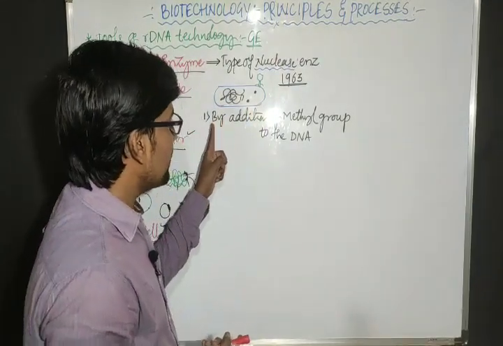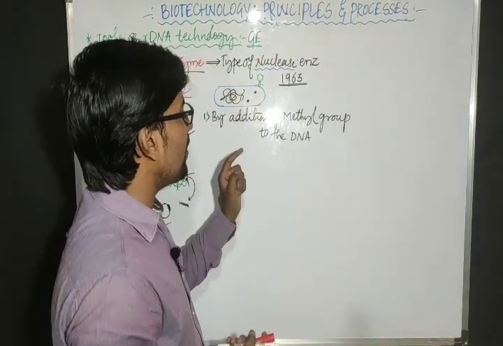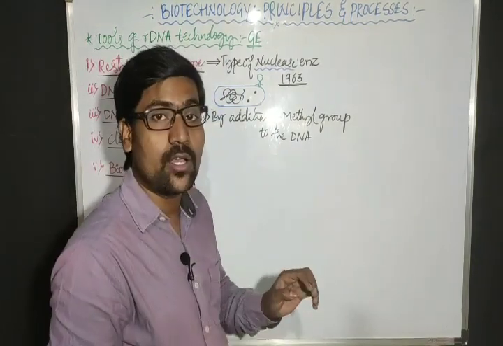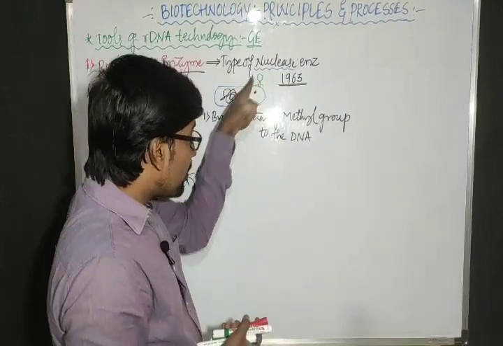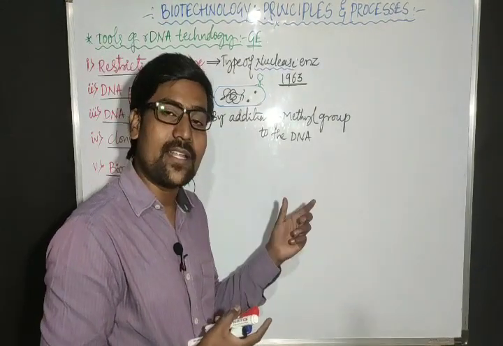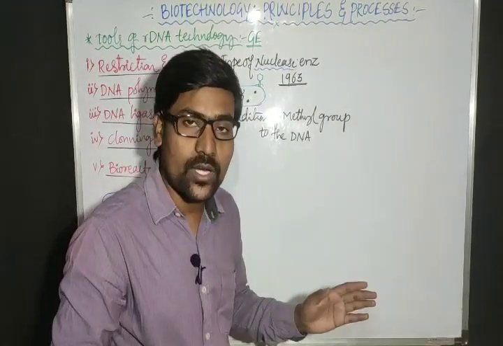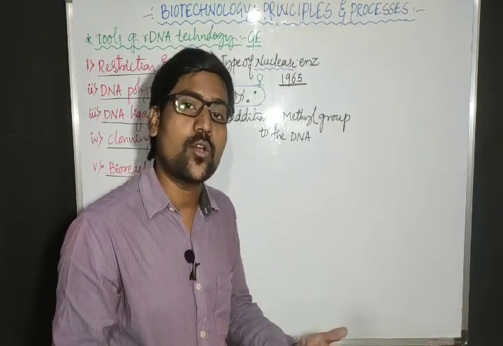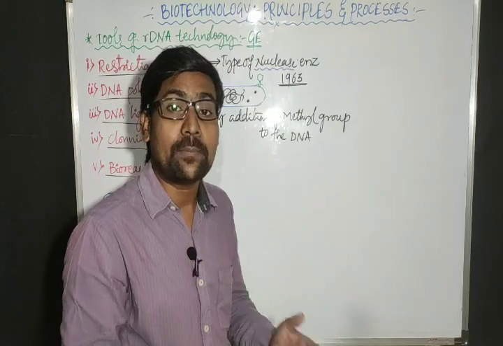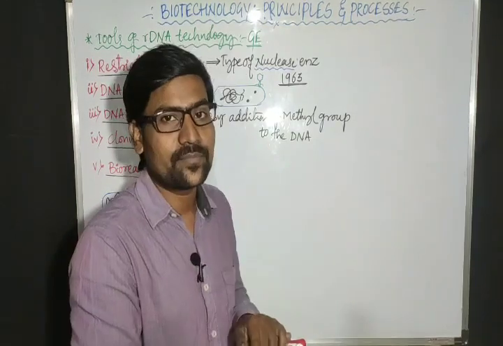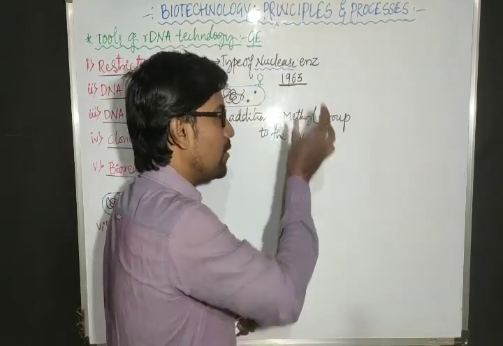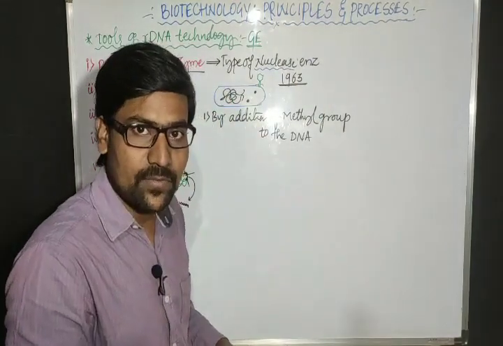The one enzyme, it will restrict the growth of bacteriophage by the addition of methyl group to the DNA. Whose DNA? Bacteriophage DNA. Because of that reason, bacteriophage DNA will not work. If the bacteriophage DNA will not work, the bacteriophage will not grow inside the E. coli cell. That means its growth is restricted. So this is one type of enzyme. Why, after adding methyl group, the DNA will not work? See here,